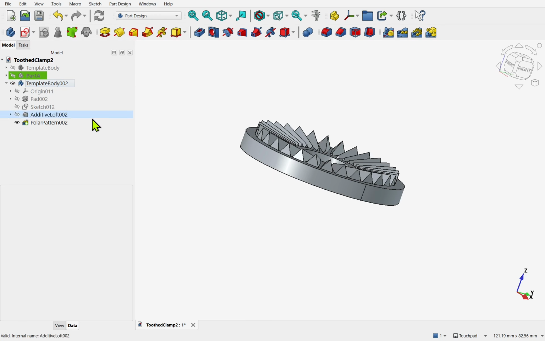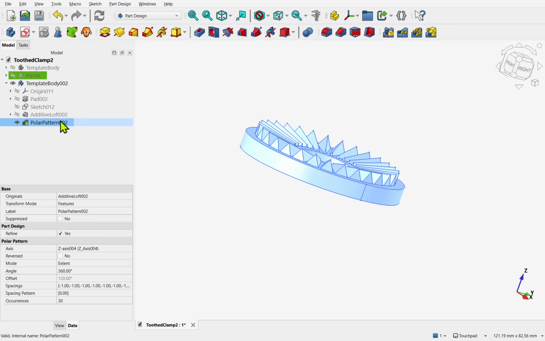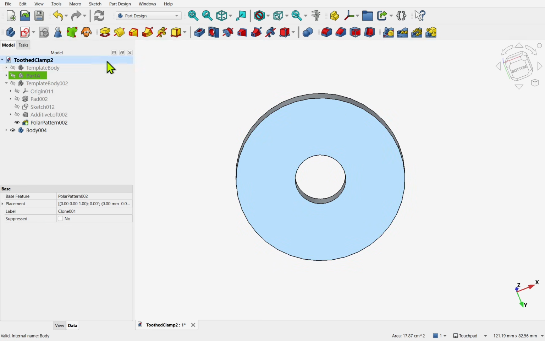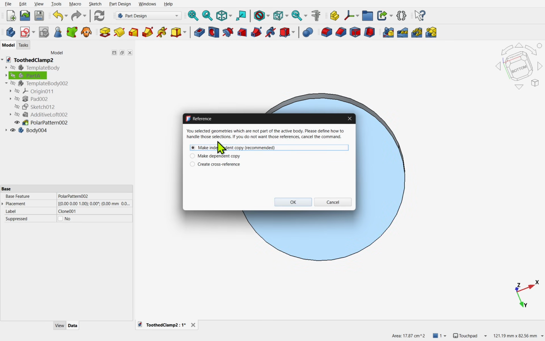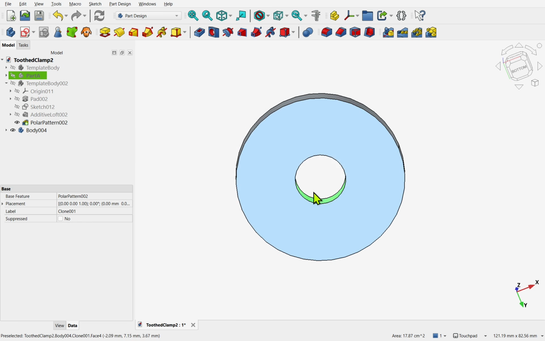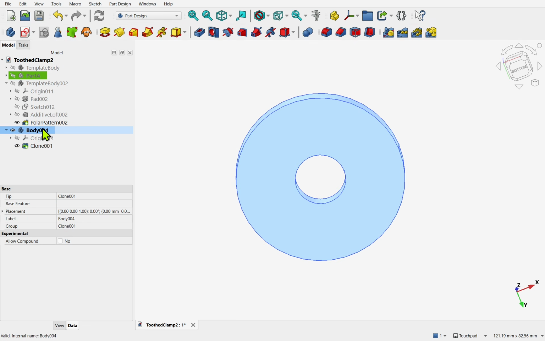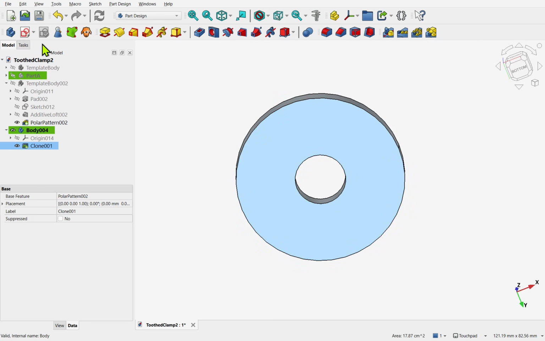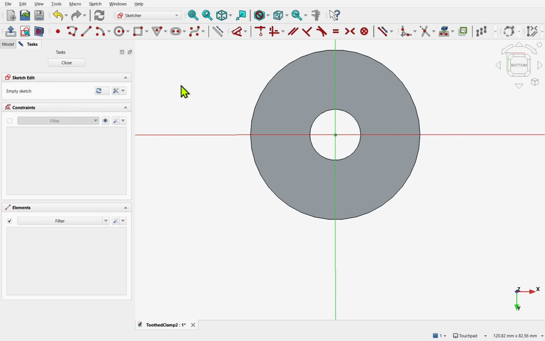Come into the template body, select the last operation and create a clone. Remember to hide the template body. This time we'll take the back face, create a sketch upon it, and it's saying that we've got a problem here, and that's because I haven't enabled the body. So let's double click on it, make it active, make sure nothing's selected, select the back face, create a sketch,